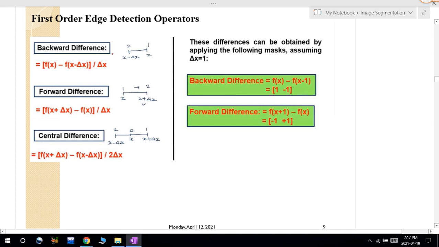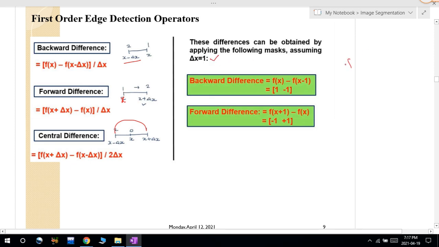If you are taking the backward difference, I can take this as x minus 1, or I can say there is a small change in the x value, which is del x. So the change in the x value is indicated by del x. Here we have the value x, and in the backward direction I take x minus del x. If I am taking the forward difference, that is x plus del x. And the central difference is nothing but the difference between these 2 points.